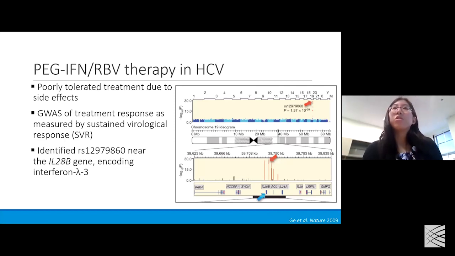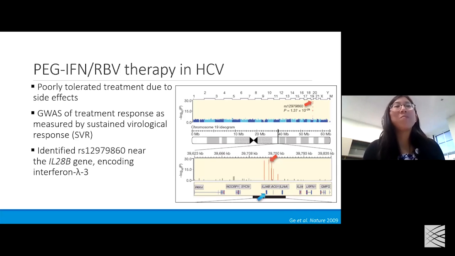The final source of pharmacogenetic variation I want to discuss is genetic variation linked to the pathophysiology of the underlying disease. Studying genetic variants that relate to disease risk may help prioritize why they might influence drug response. So here, switching gears to hepatitis C,